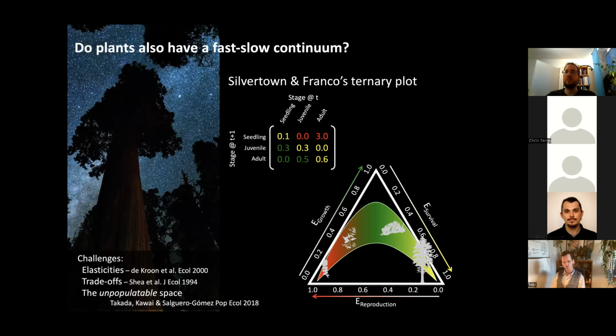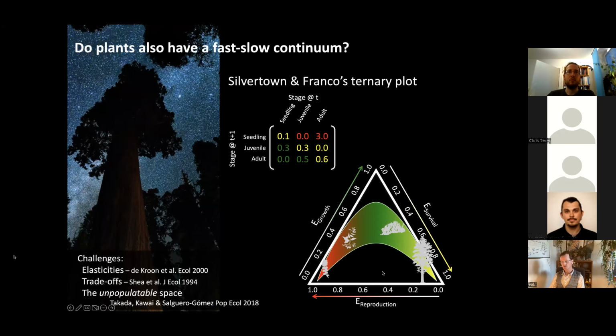And more recently, we also published a paper where we ran some mathematical simulations. And what came out of those efforts is that this space here, which pretty much shapes the arc, is unpopulatable. We have not been able to find a matrix population model that is biologically inspired by the life cycle of a plant that would make sense, that would have intermediate values of elasticity to reproduction, relatively high to survival, and